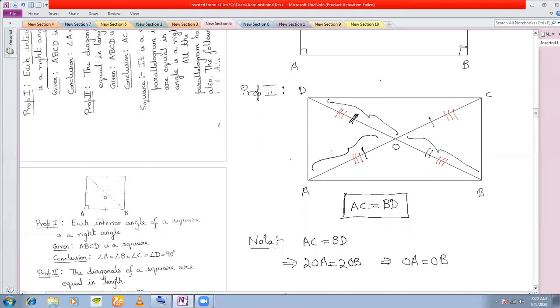I think I had worked this out back in class 8. I remember working out a sum also based on this derivation that I have done. So remember, in the case of a rectangle, this triangle here is an isosceles triangle. This triangle is an isosceles triangle. Similarly, this one is also an isosceles triangle. So you have four isosceles triangles within a rectangle. Okay, any question here?